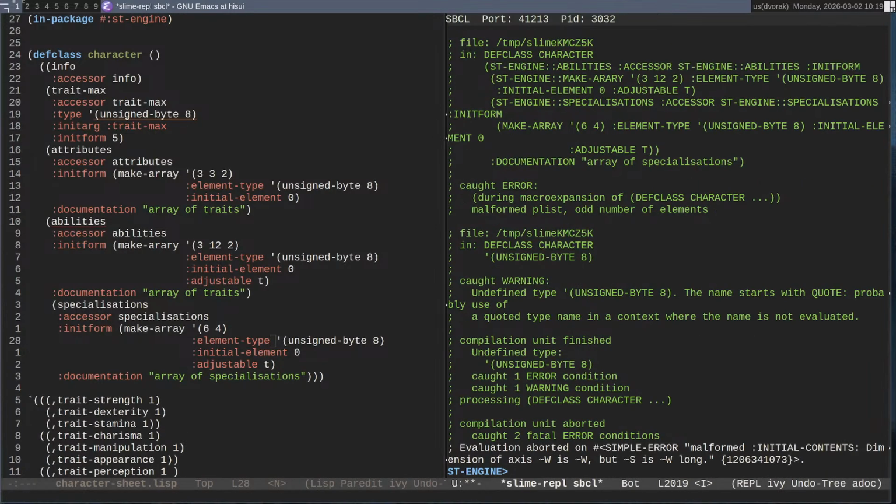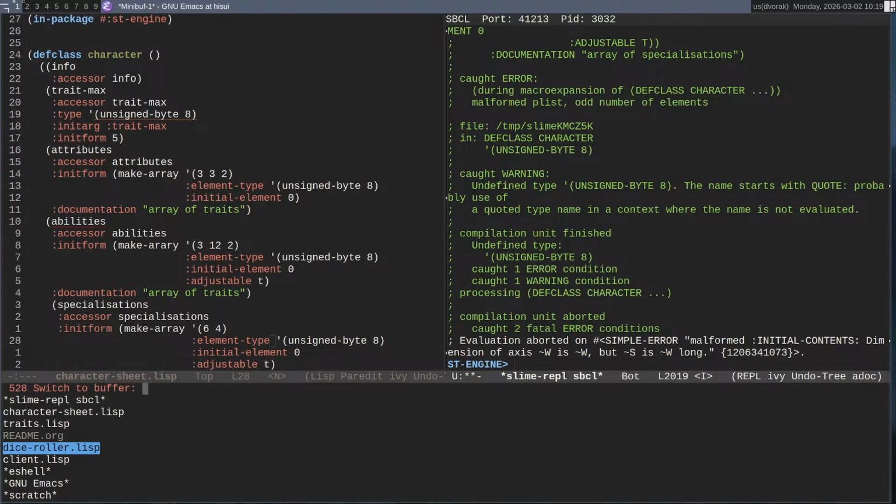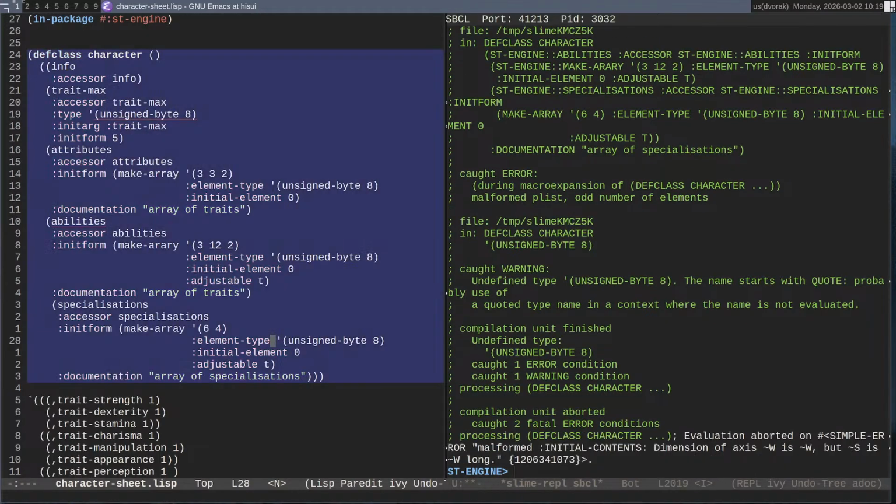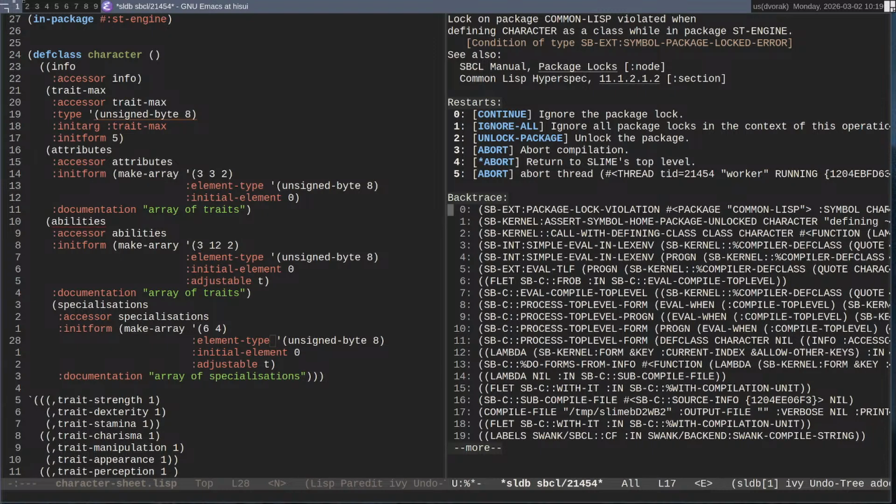Did I exit the debugger? I don't have a debugger buffer up the top. Okay. Lock on package COMMON-LISP violated when defining CHARACTER as a class in class while in package ST-ENGINE.